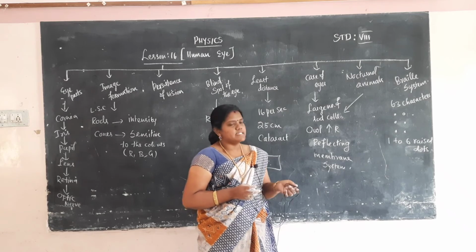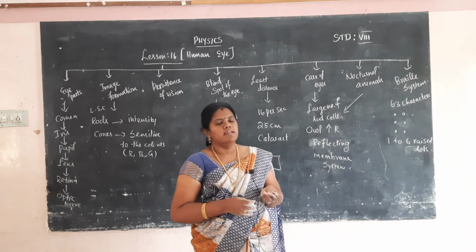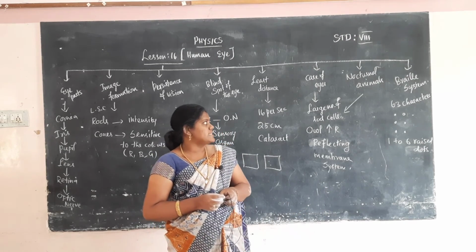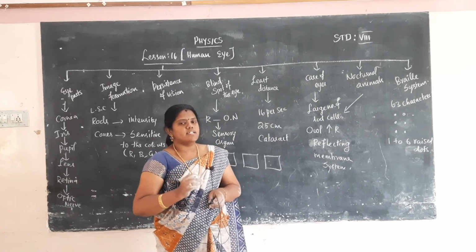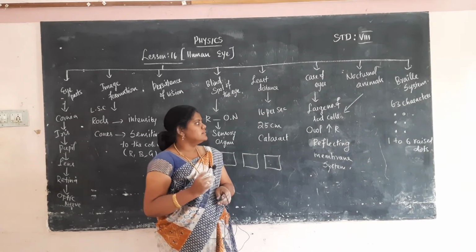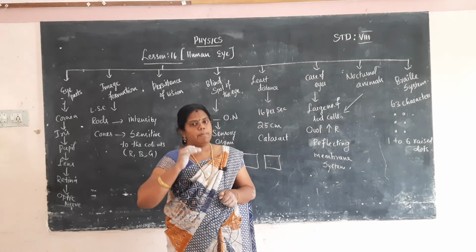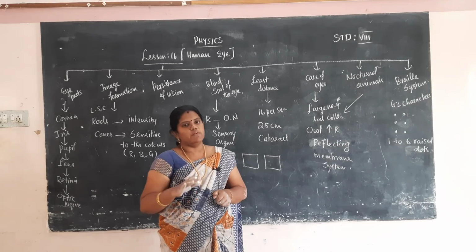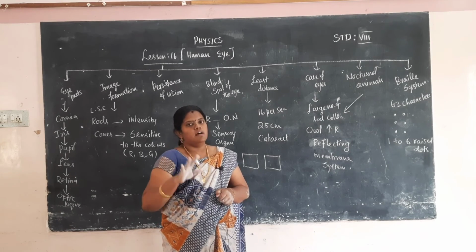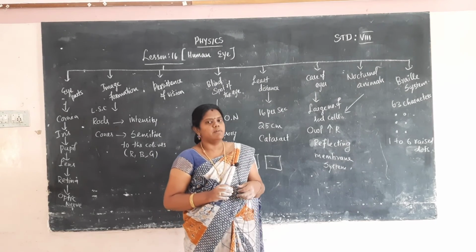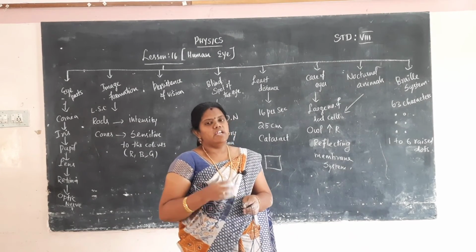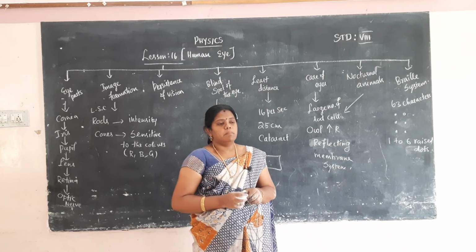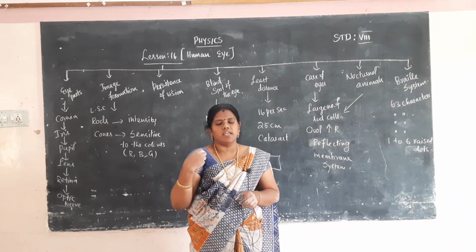Okay. And then the Braille system. The Braille system was invented by Louis Braille, who went blind at the age of three. The Braille system has 63 characters, with six dots raised, numbered one to six, embossed on the paper. A blind person touches the dots and easily identifies the symbol, letter or picture. It is very useful for a blind person, who can also identify objects by touching and hearing.